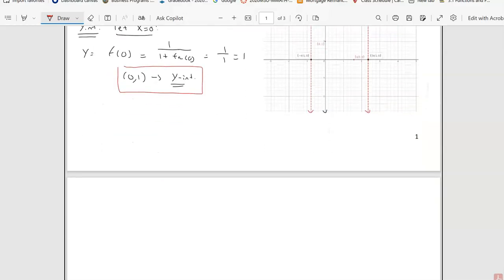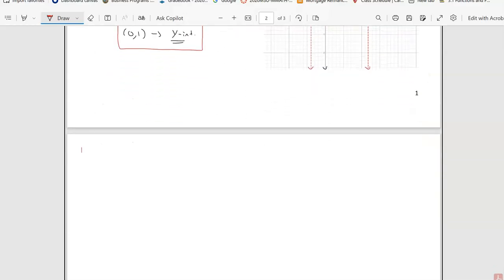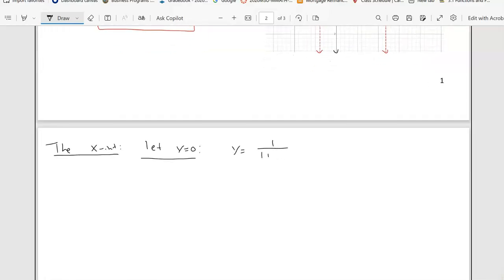Now, the x-intercept, we're gonna actually let y equal to 0, but our function, we have it as y is equal to 1 over 1 plus the values of tangent of x. And in this case, give me just a second. What we're gonna do is, since we're gonna be plugging in 0, it's gonna make it a lot easier if